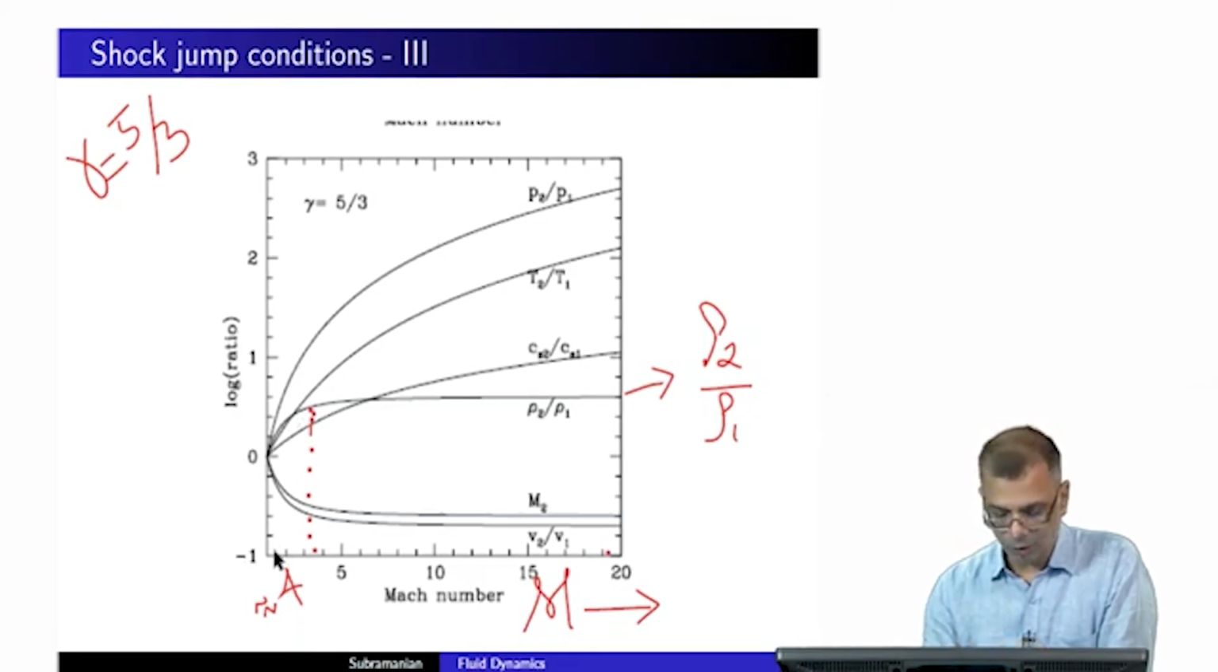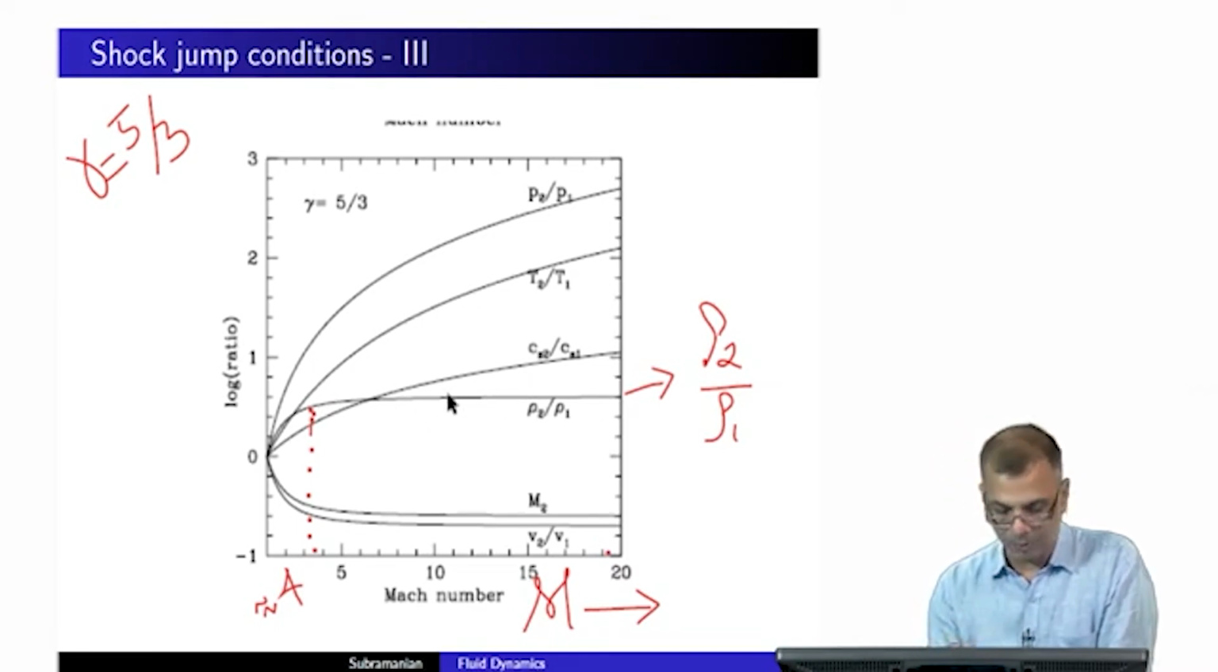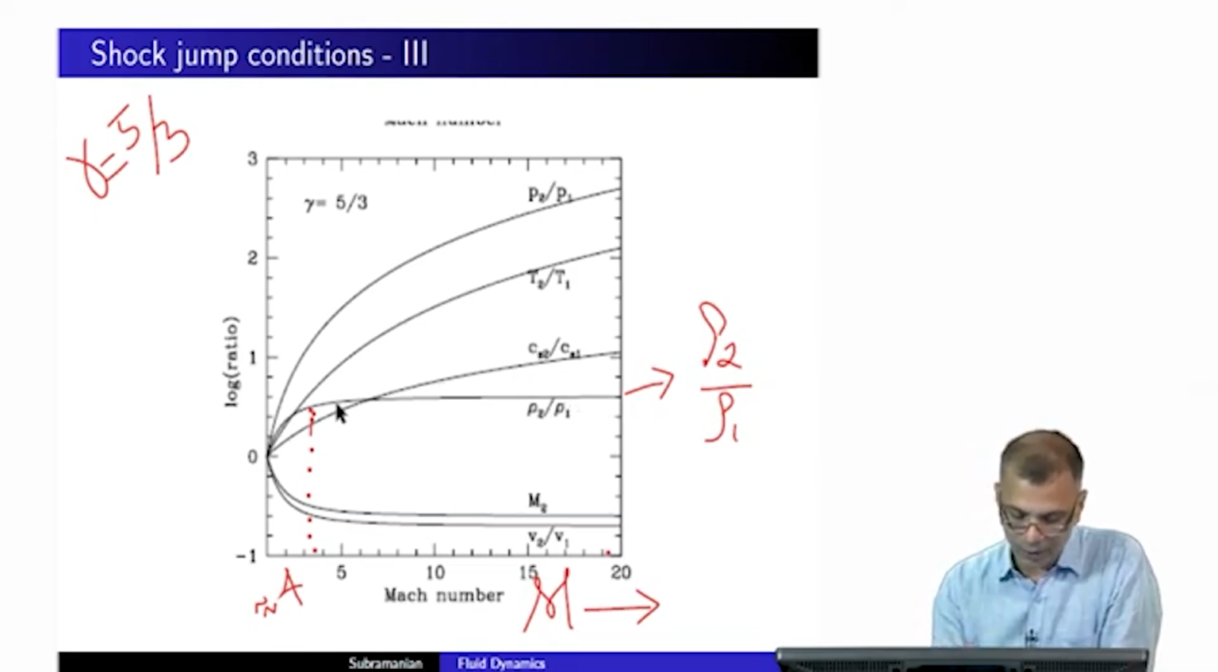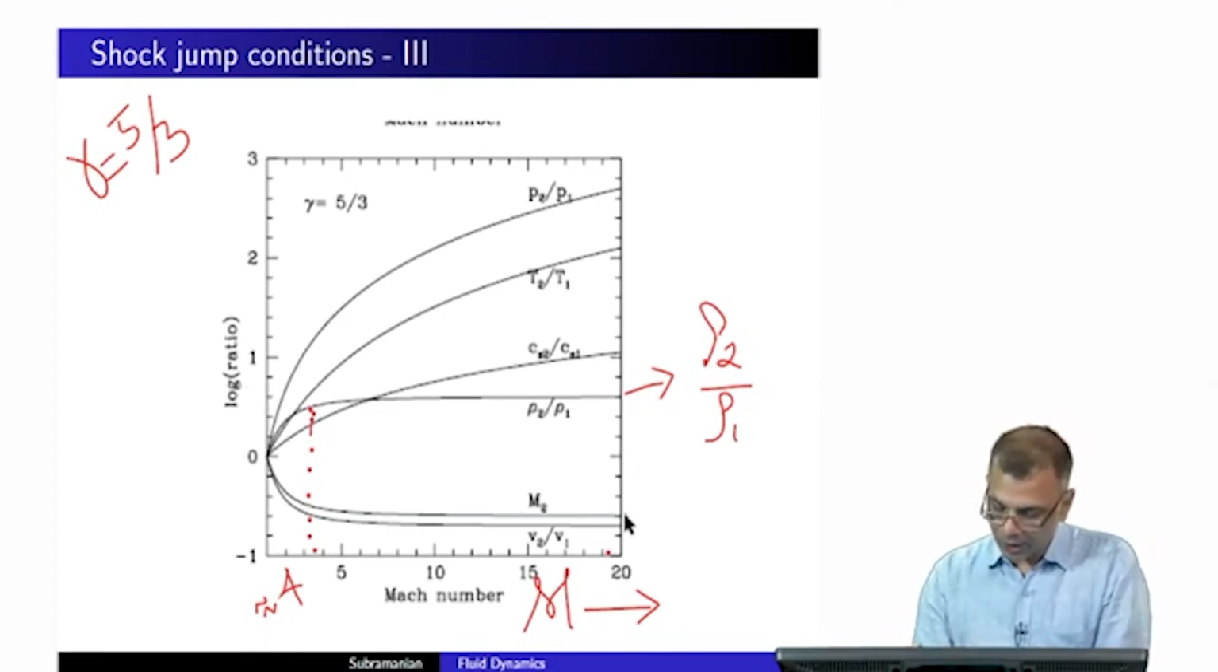Okay, maybe not 4. So this is about 5. So yeah, something like the 4. Okay, so what this is saying is that beyond a Mach number of about 4, it does not matter how much stronger the Mach number is, the density jump remains the same, and the value for that is something like, well, it's hard to read off a log scale. Okay, so whatever this value is, and you'll find that the velocity jump, this one,